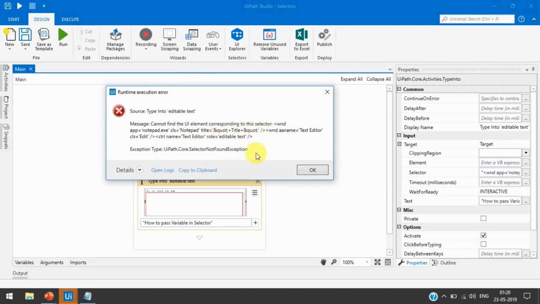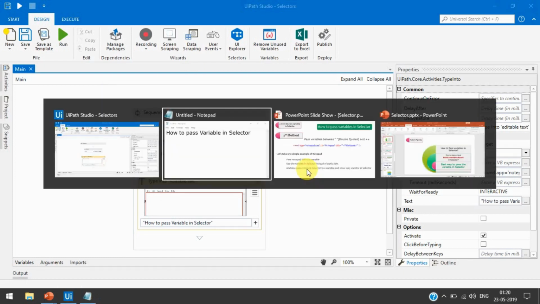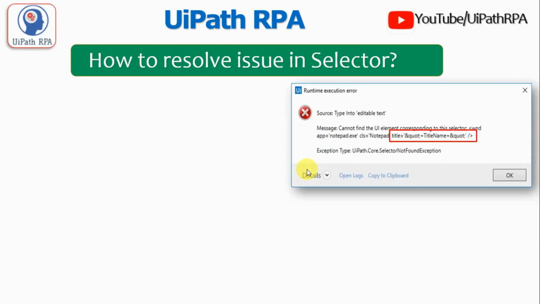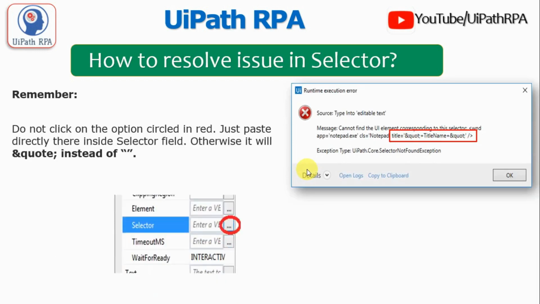So we are getting this type of exception, and we'll learn how to resolve it. First we need to remember some things. Do not click on the options circled in red.